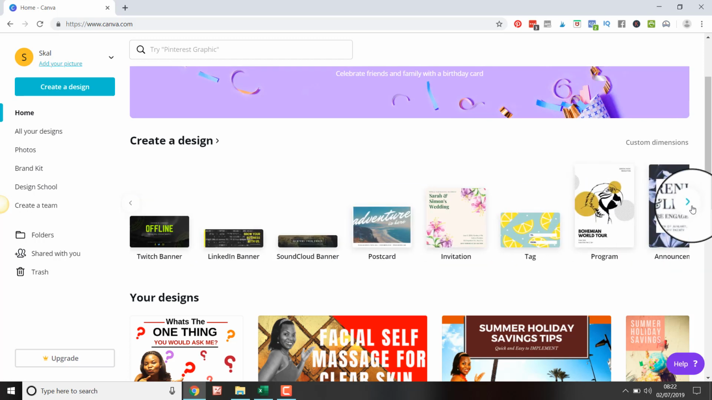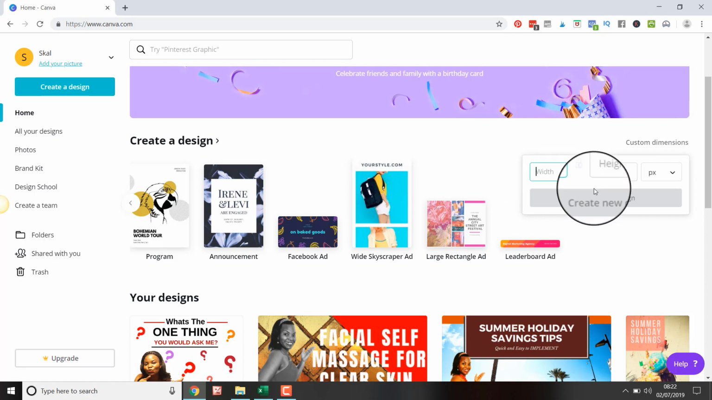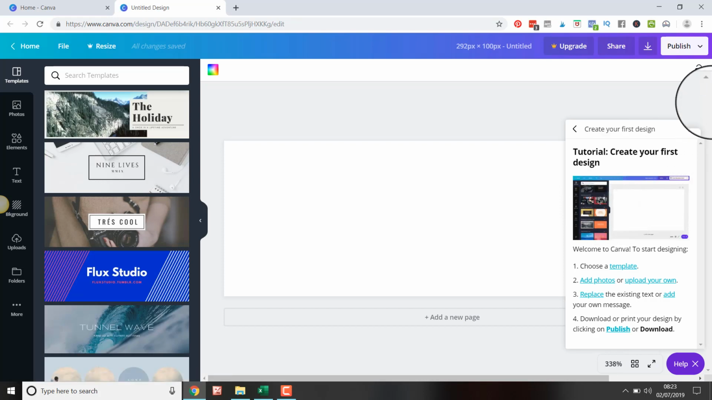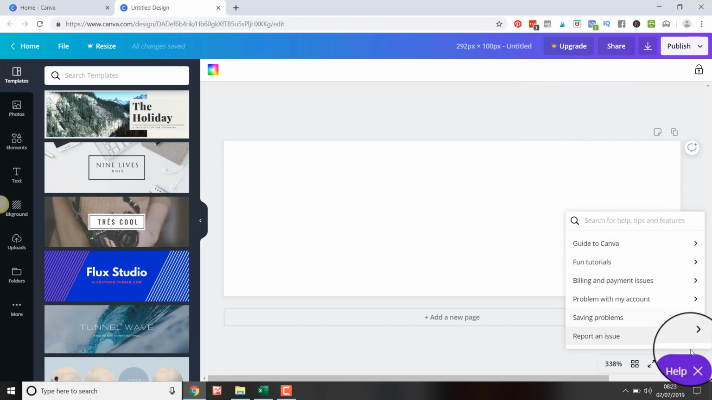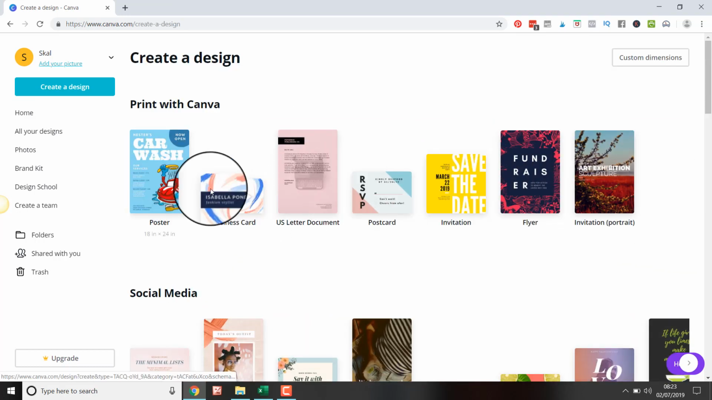You can even custom design your own, by clicking here and going custom dimensions, and you basically put in the width, put in the height, and you create a new design. Let's pretend I'm creating something that is 292 by 100, and I just go create new design, and I will be off and away creating a new design. Now today we are focusing on creating a header for your LinkedIn profile. So let's go do that, so that we don't make this training super long. So we will go back to the